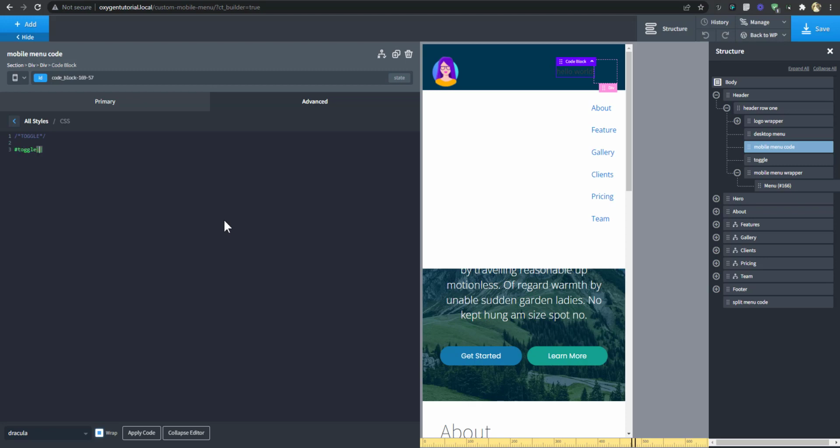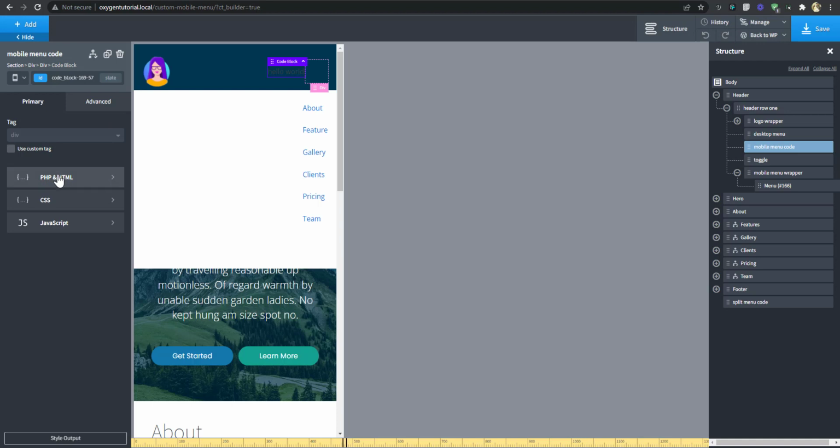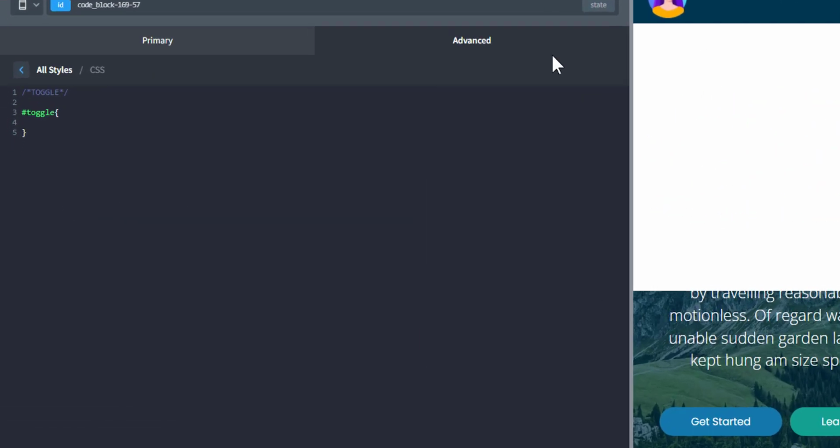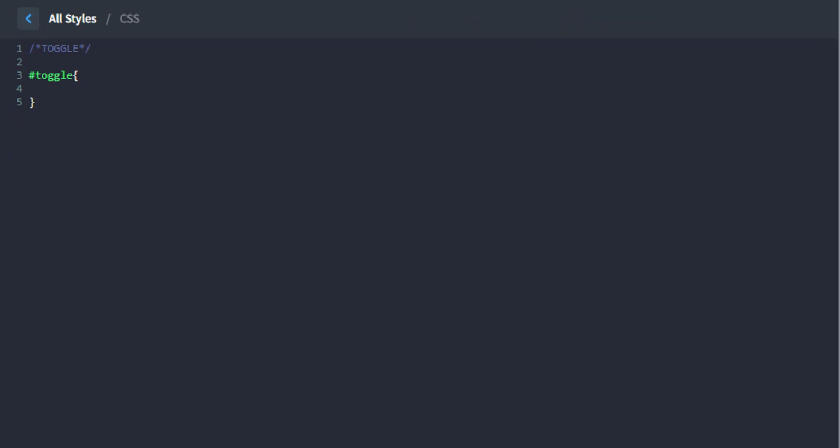Now I want the pointer. Let's just go in and turn off this. First thing I want to do is I want the cursor to be pointer. So I'm just going to say cursor pointer. All right, so that changes to that.